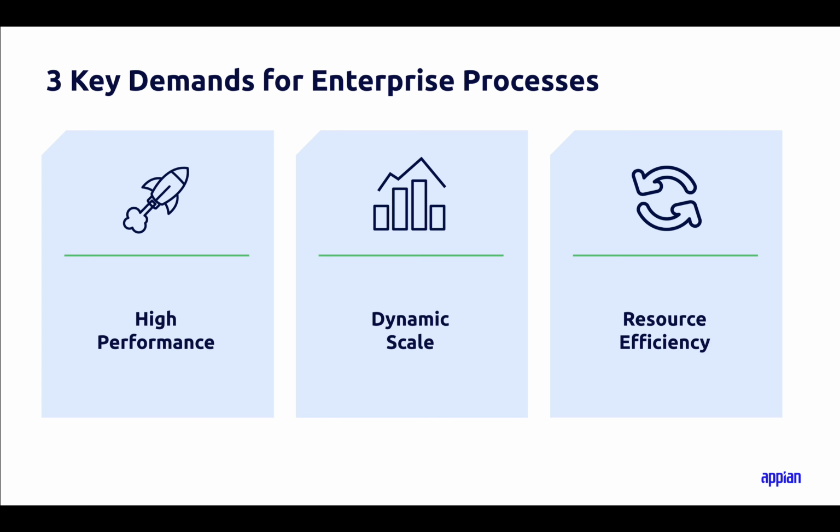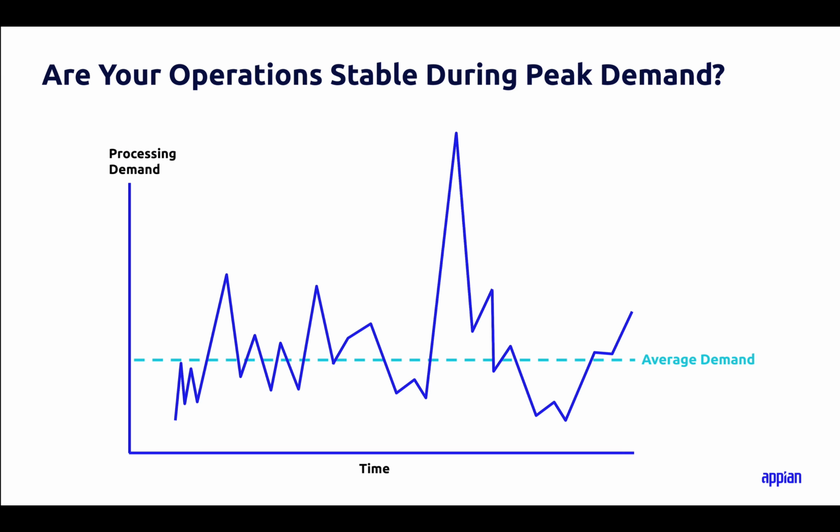The third is resource efficiency. Businesses are concerned with return on every investment, especially when it comes to technology. This means prioritizing software solutions that are not just functional, but also cost-effective, efficient, and scalable to meet evolving demands. This is the reality of the dynamic needs of your business. You want to be ready to handle the unexpected.